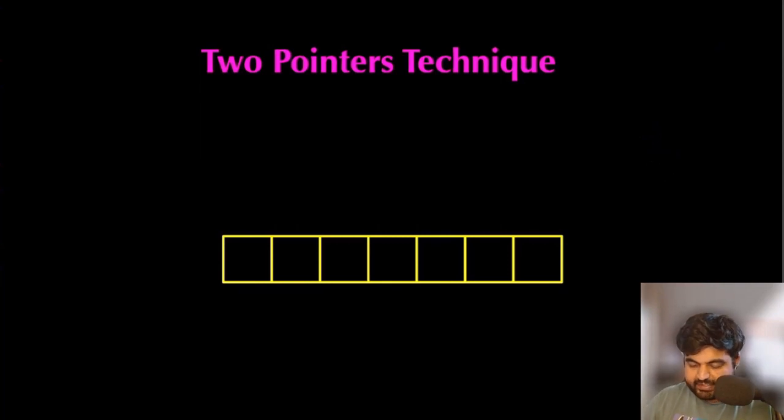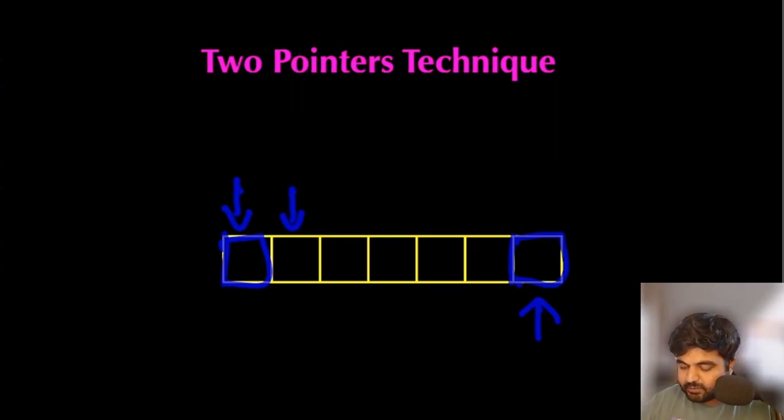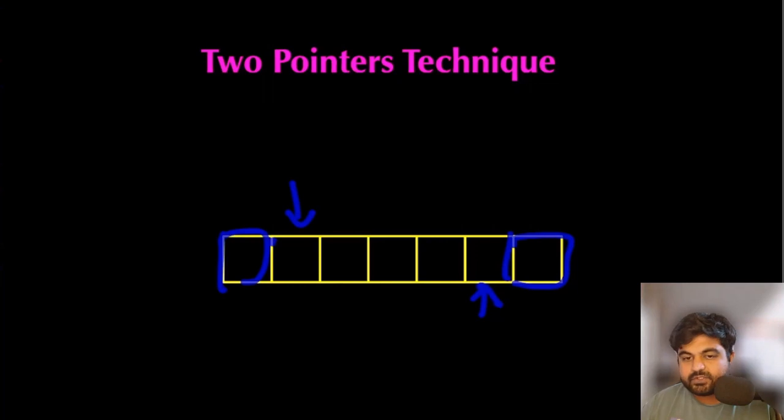So one way is that our starting pointer is located at the beginning of our array, and our second ending pointer is located at the end of our array. Now what would happen is that maybe after every single iteration, it could be possible that both our starting and ending pointer keep moving towards each other, or it is also possible that in one iteration only the starting pointer moves to the next element, on the second iteration the ending pointer moves the other way. And there can be many considerations we can keep on whether the traversing direction sets or not.